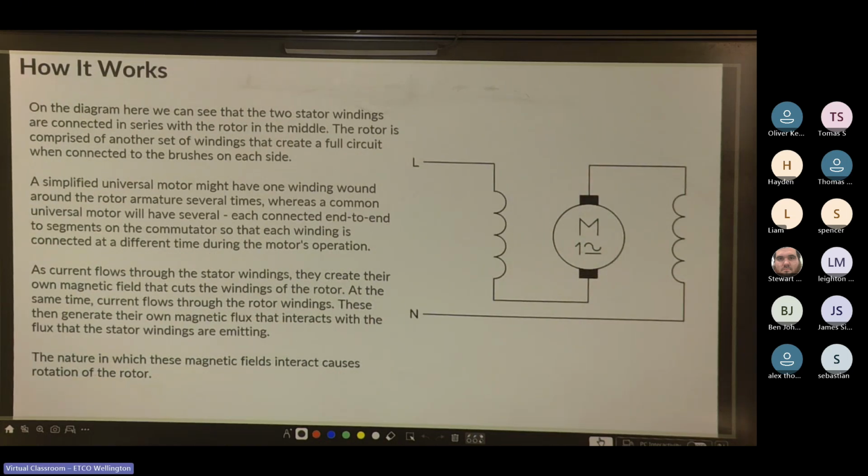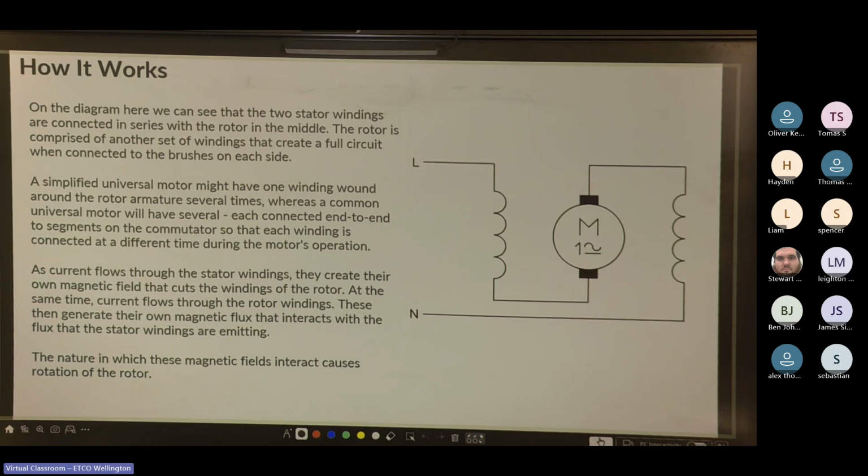Cool. So how it works. This is the diagram for a universal motor. We can see it's got two stator windings connected in series with the rotor in the middle. The rotor is comprised of another set of windings that create a full circuit when connected to the brushes on each side. A simplified universal motor might have one winding wound around the rotor armature several times, whereas a common